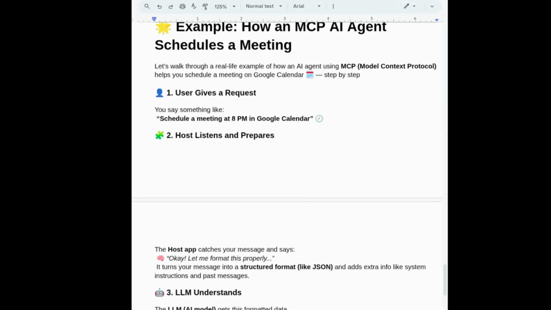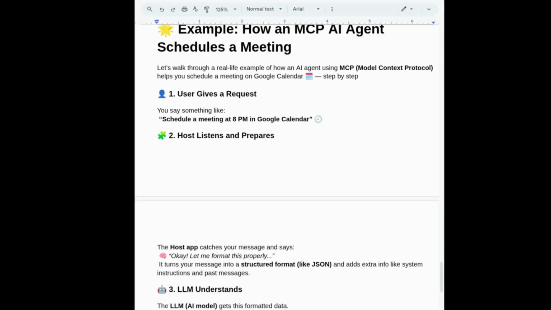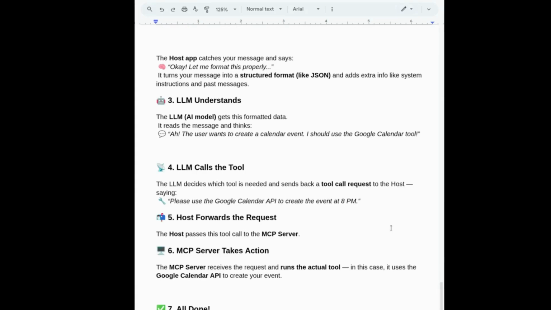So it takes your message and wraps it in JSON format along with the prompts that the developer has supplied, and any previous messages, if existing. In our case, we do not have any previous message. We have only the prompts that the developer has supplied. Third, the JSON data goes to the LLM, and the LLM understands the problem. The LLM gets the data formatted, and it thinks about what tool it can use, what tools it has in its gallery, and what tools it can use for the specific